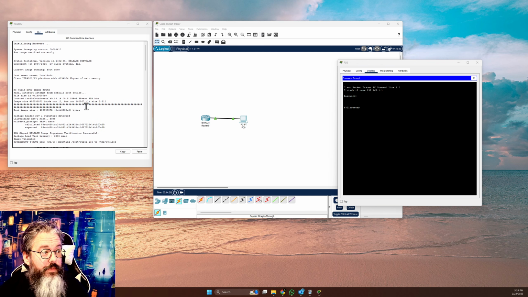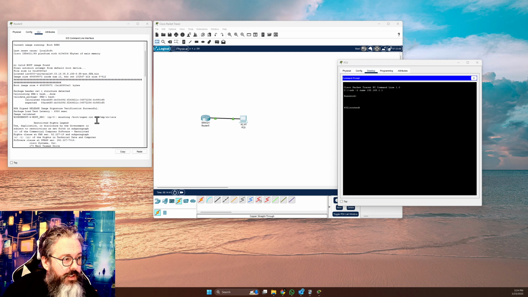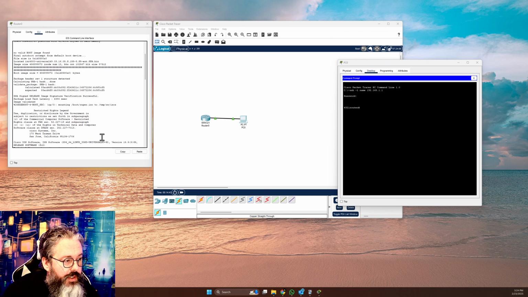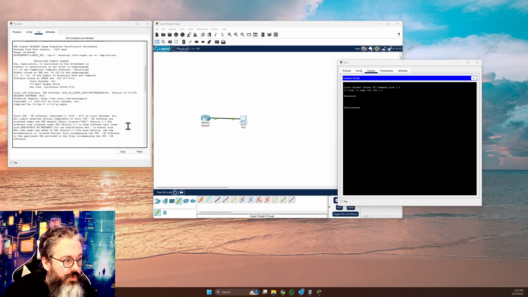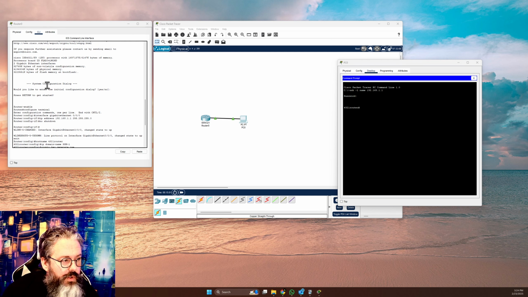But let's scroll back up. So if you click on this, then click on the CLI, that takes you to the command line interface of the router. And there it's booting. Cisco software, yes, we know. Okay, we hit no because we didn't want to do the initial configuration dialog. We just want to set up an SSH connection. So we click no, and then